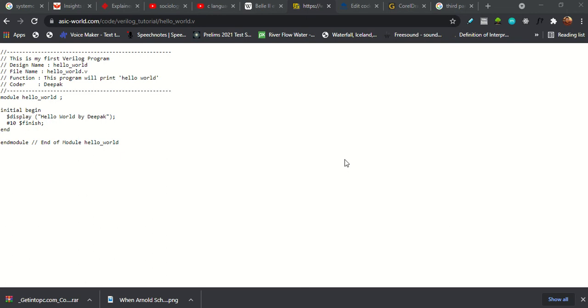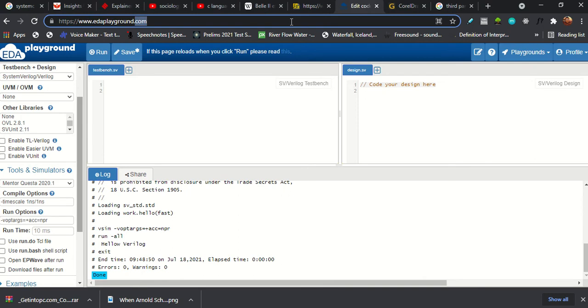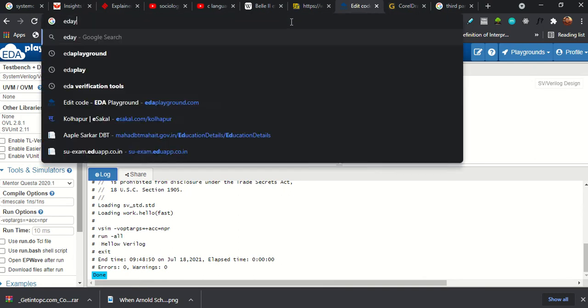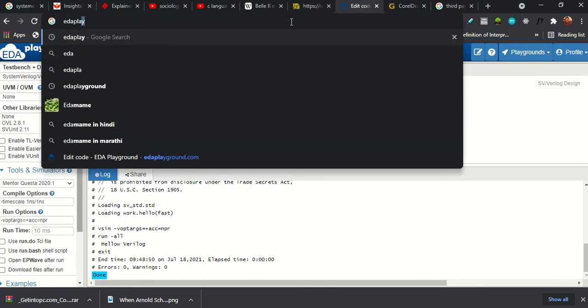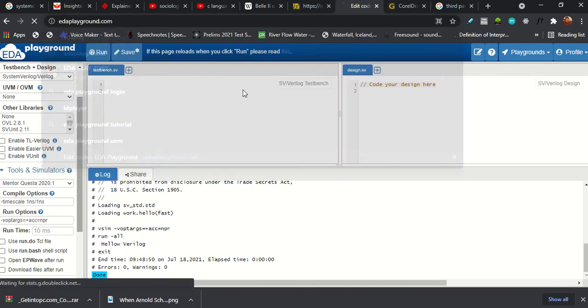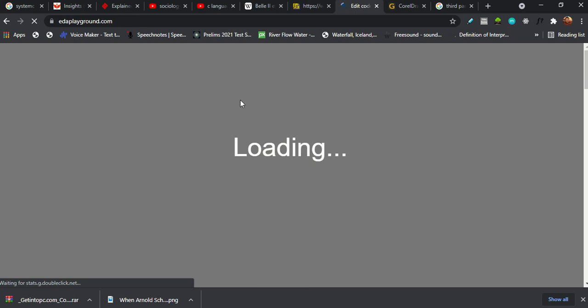What you have to do is go to a web browser, open it, and type here eda playground.com. This is a free online simulation tool available for you.